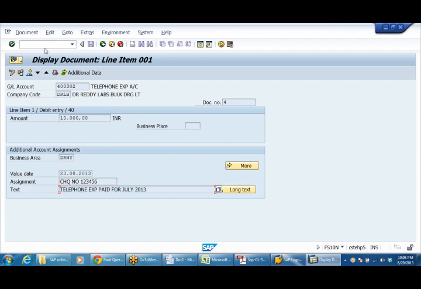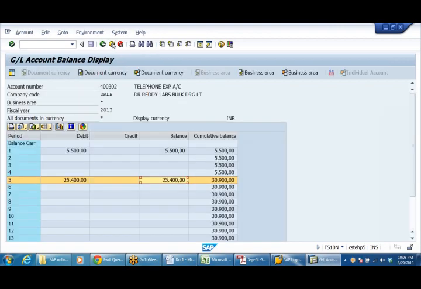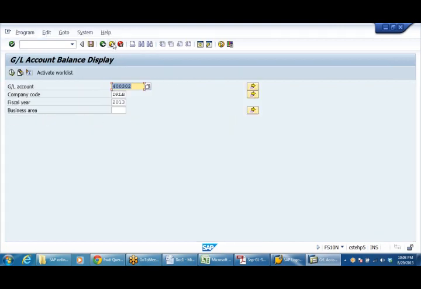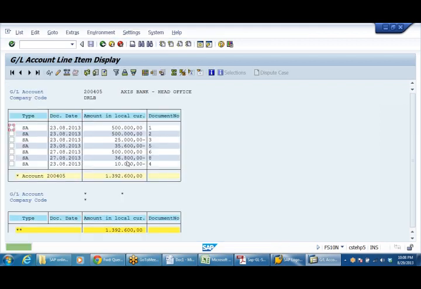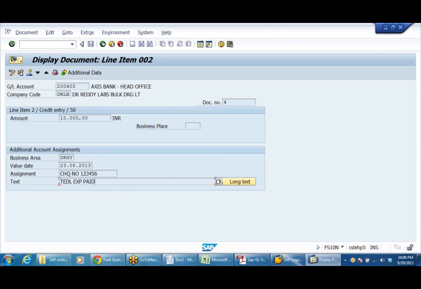And where we had seen it earlier, now I understand that. See, if you go to bank account again, 20405, go there. We are only looking at the bank. So here only the bank line item we have seen.